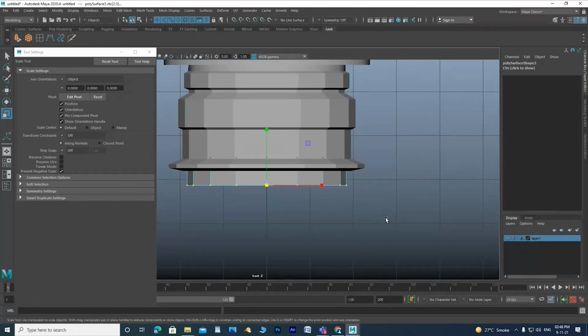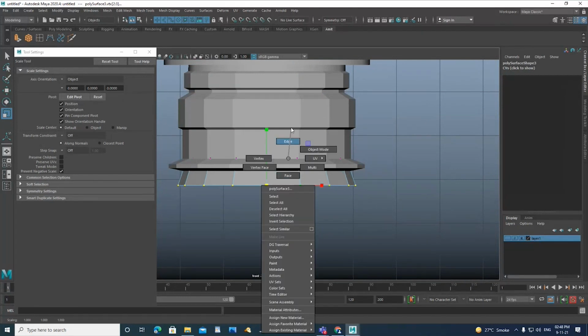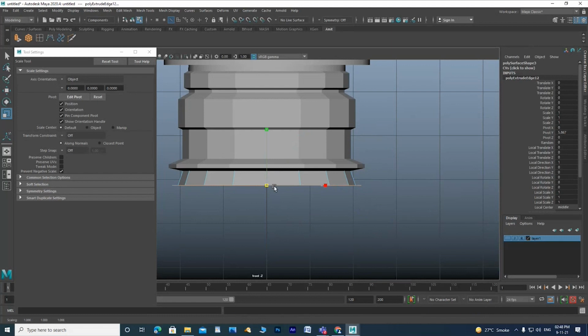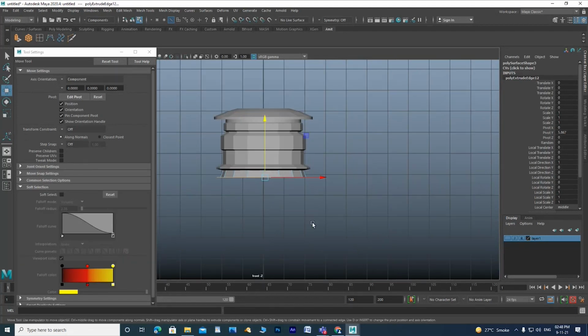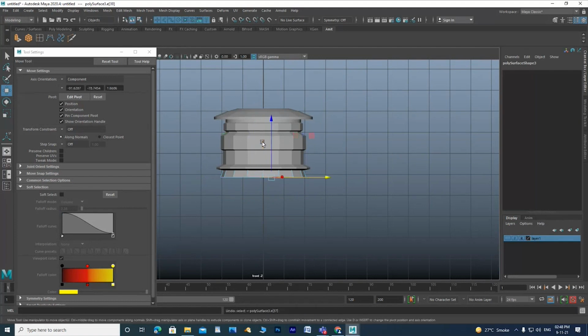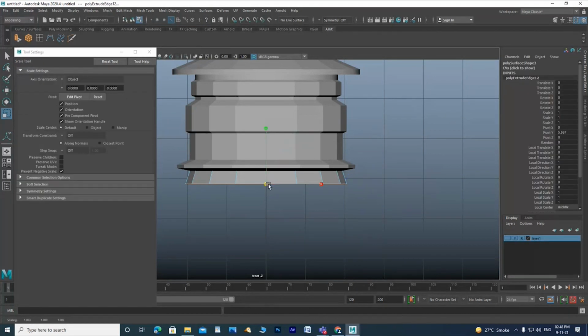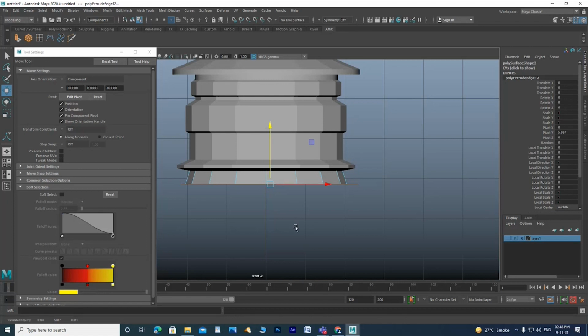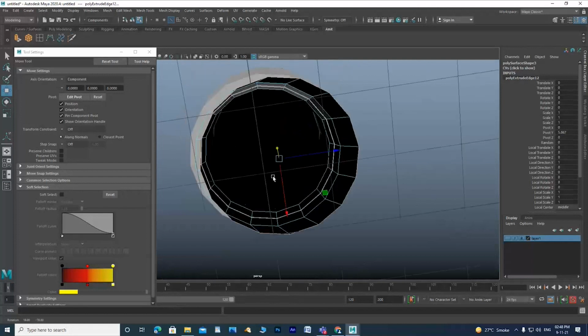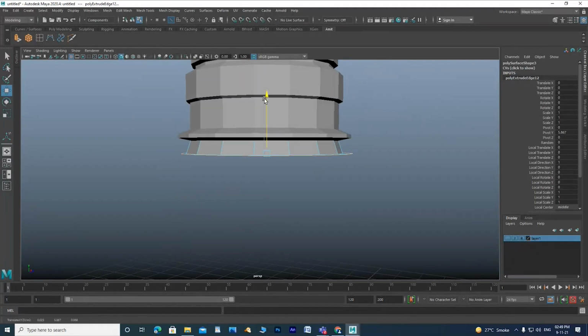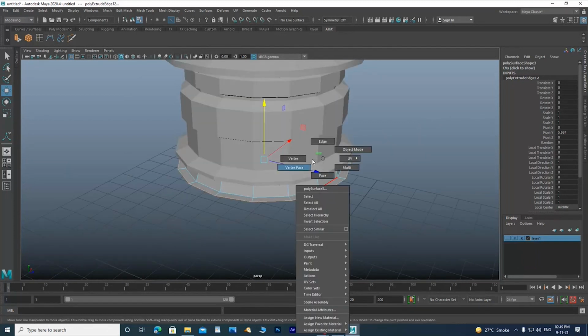Vertices, edge, then again go for extrusion, slightly bigger. Object mode.